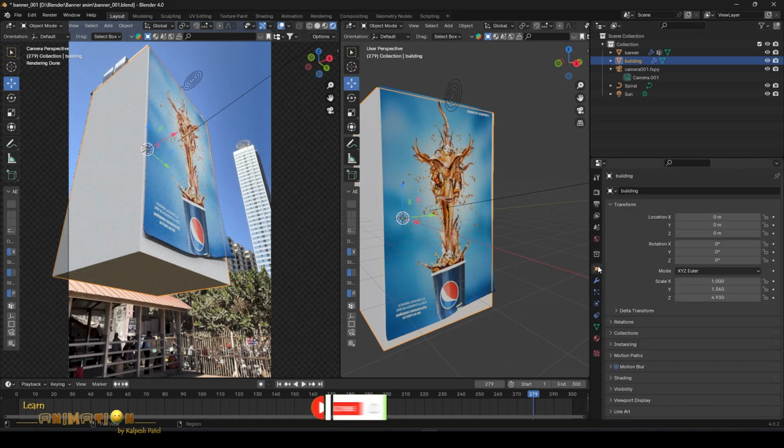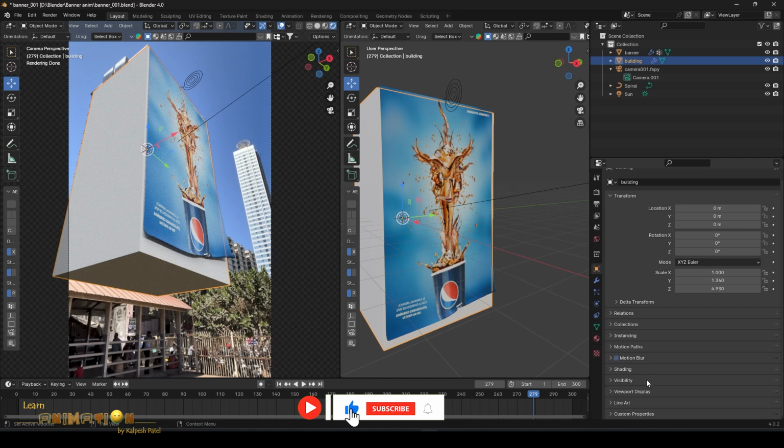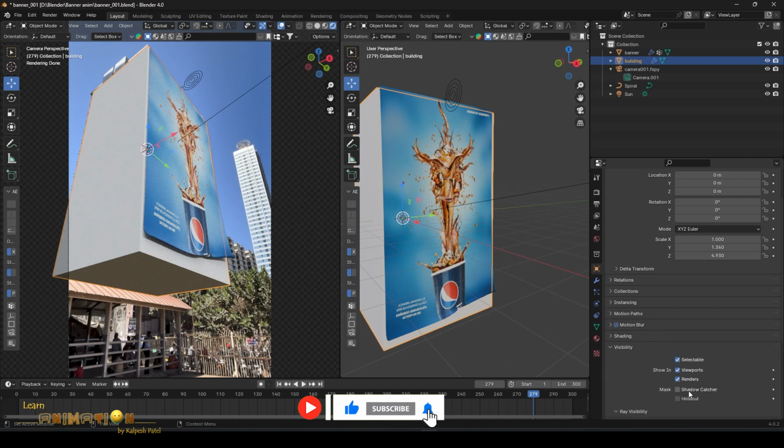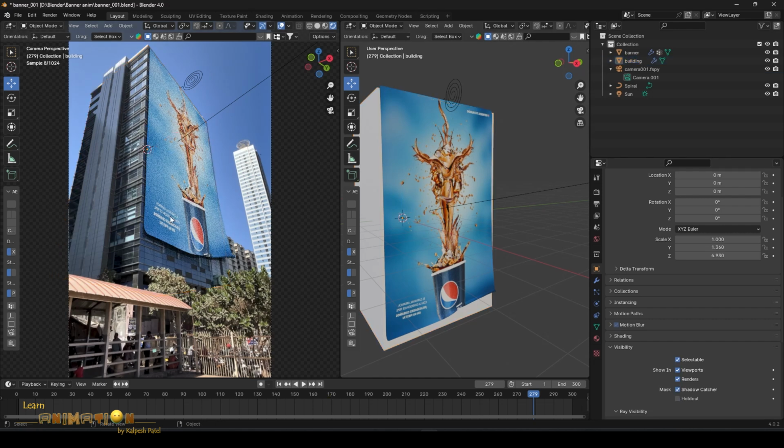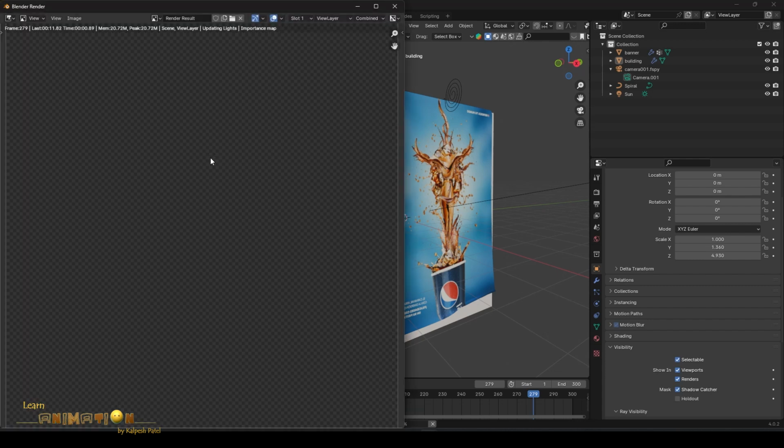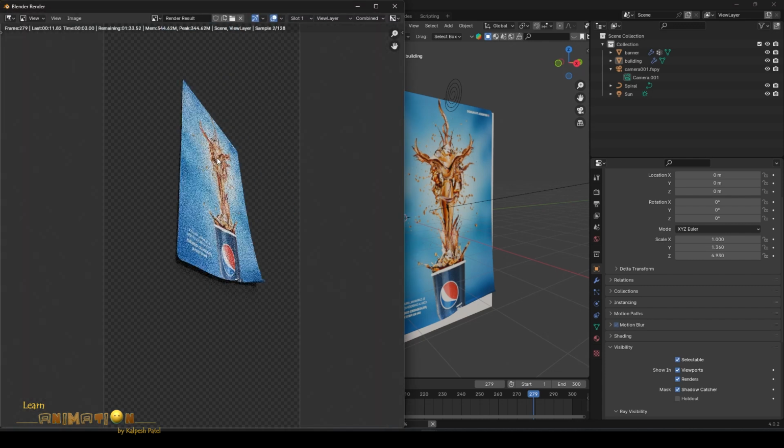Just select the cube, go to the visibility and click the shadow catcher. So now you can see the shadow will be rendered but the cube will not get rendered. Now press again and see how it's looking. So now you can see our banner is rendered with the shadow.